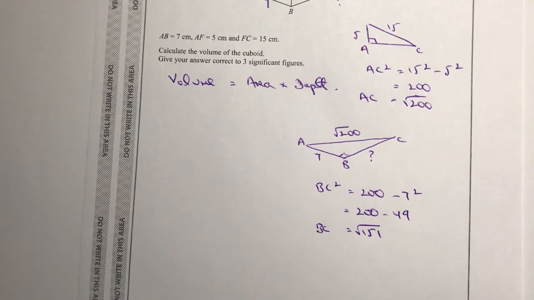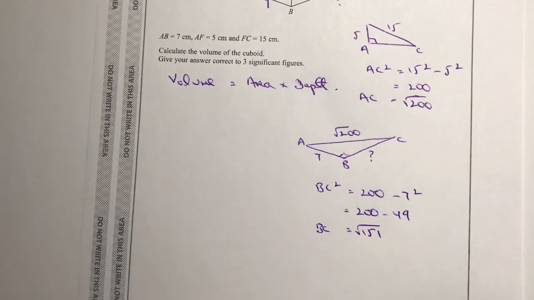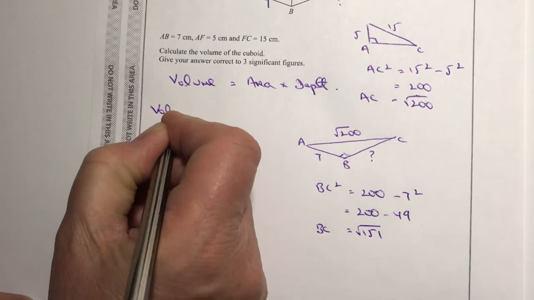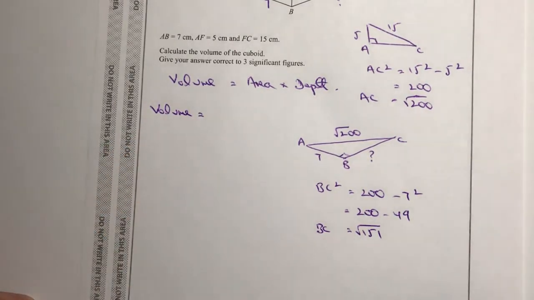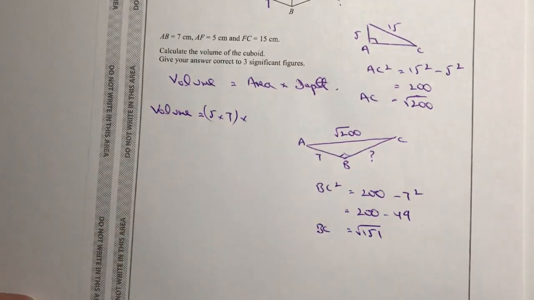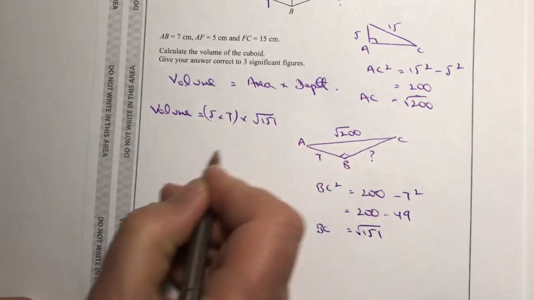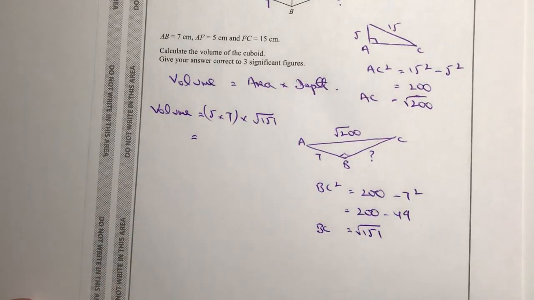Okay, so now I can use that information back to my original formula, area times depth. Okay, so let's just have a look at that. My volume is going to be the area, which is 5 times 7, put that in brackets, and multiplied by the depth, which I've said is the root of 151. Okay, if I put that into a calculator, I'm going to get